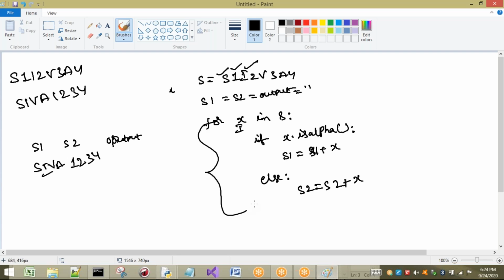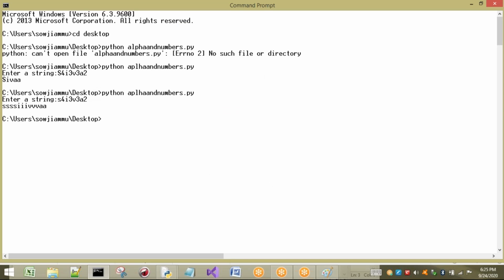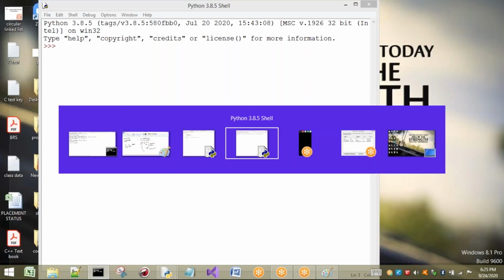Okay. Now in S1 I am having all alphabets, a combination of all alphabets, and in S2 I have a combination of numericals. How should the output be? First the alphabets should be there, next the numericals should be there. Directly I can also write S1 plus S2, and then we will get the answer directly. But let us see what happens if I write S1 plus S2. We can also take a for loop, for X in S1, concatenated to output. We can also write that concept. Let us see by writing the program.